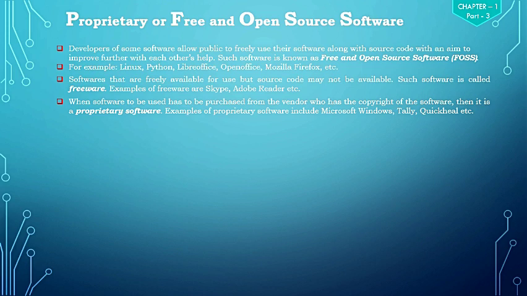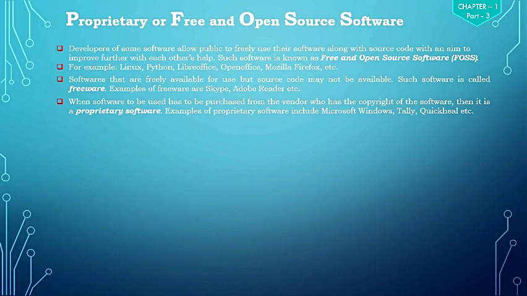Similarly, Microsoft Office needs a key, that is a license, while installing it, and without the license we cannot install or use that software. So Microsoft Office is also proprietary software. Similarly, Tally, one of the famous software for accounting purposes, is also proprietary software. Quick Heal antivirus is also proprietary software. We need a license to install and use it, etc. Now we have gotten some idea about proprietary software, free software, freeware and open source software.